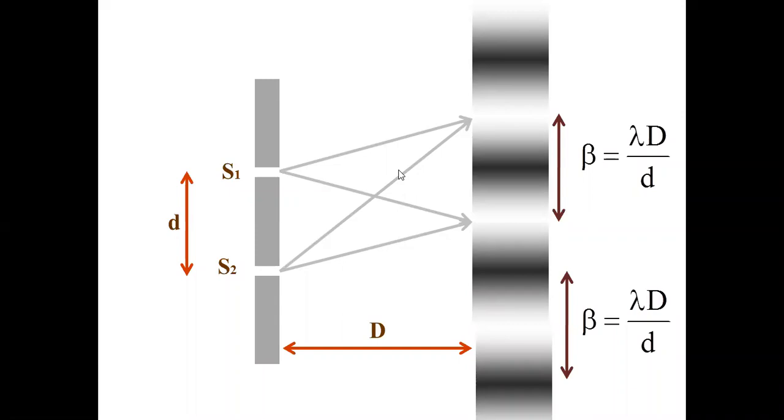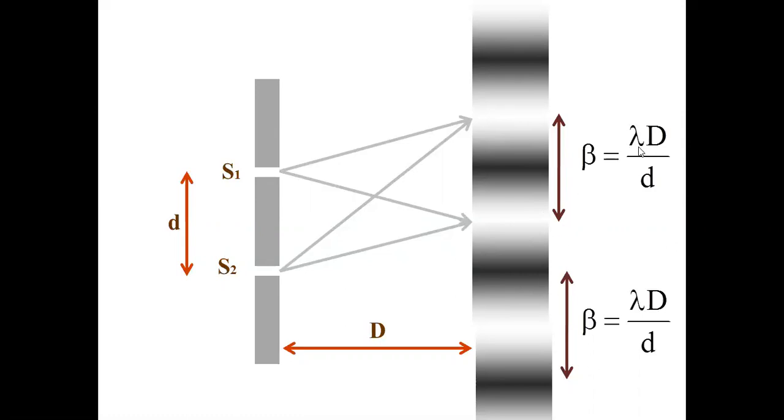So we will see how the fringes are distributed and how this formula for fringe width that we have derived already, on what factors does it depend. And depending on some problems, when you solve the problems, automatically you will come to know on what factors beta depends. Of course, the formula itself says that fringe width is the distance between two successive bright fringes. It cannot be a bright fringe here and a bright fringe far away. The distance between two successive bright fringes or two successive dark fringes is called beta.